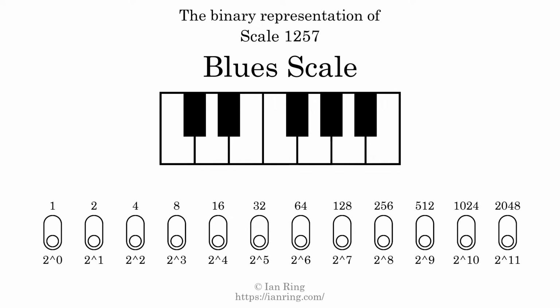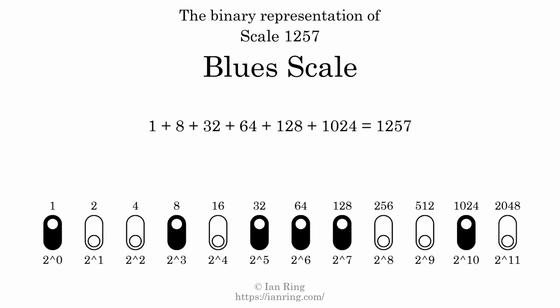The binary representation of this scale is determined by mapping tones of the scale to binary digits. Each binary digit represents a power of 2. To get the scale number, we add the powers of 2 together. The powers of 2 that are present in the scale, all added together, equals 1257. That is why the scale number, in decimal, is